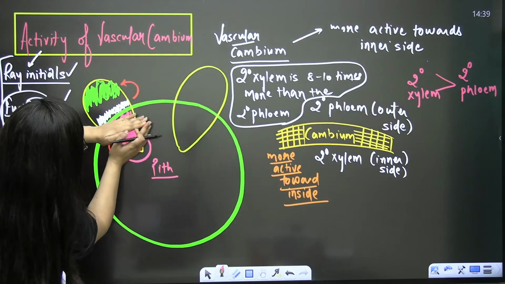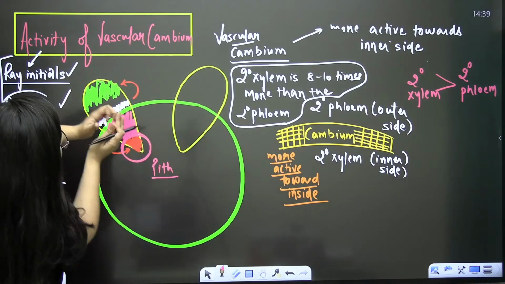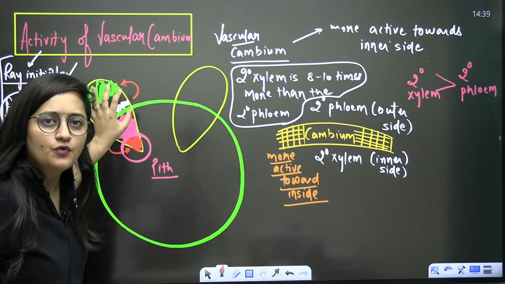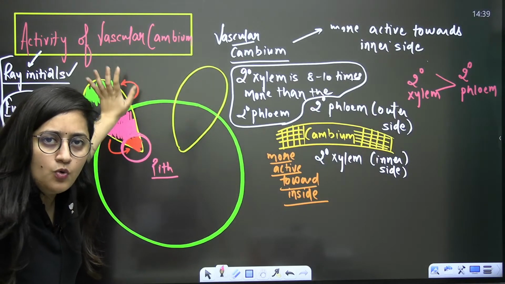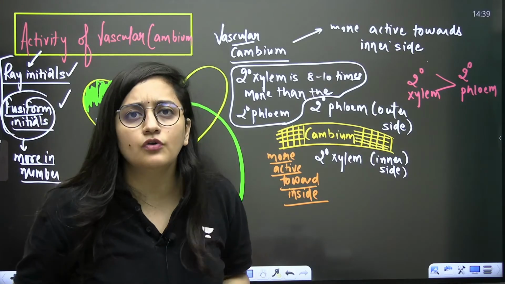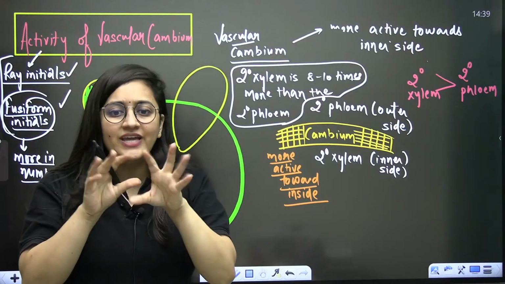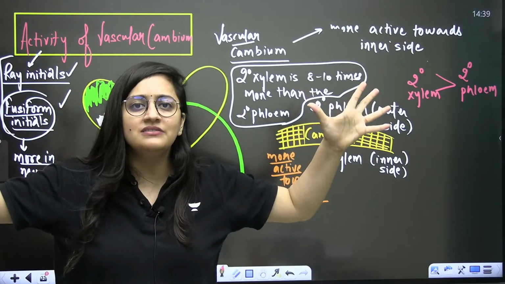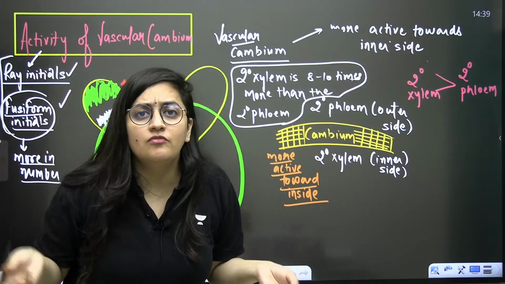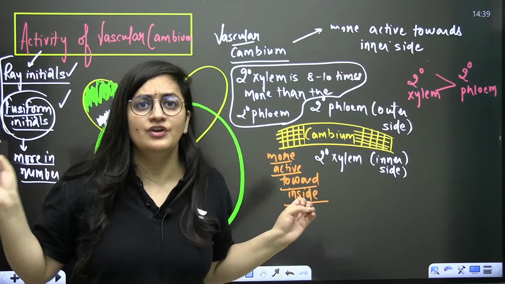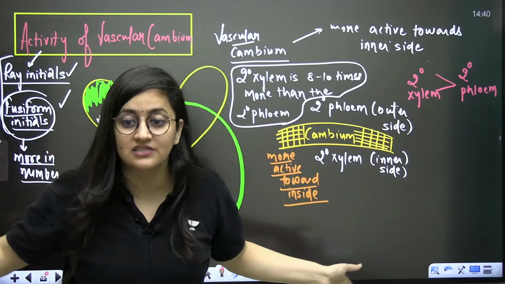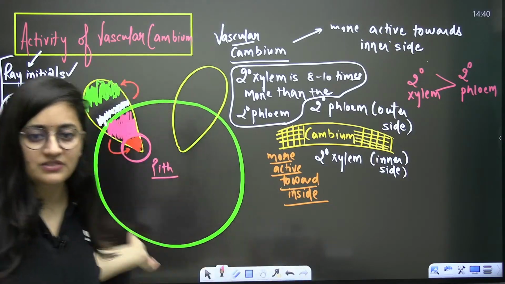Now, obviously, towards the inner side, you are increasing the cell number. Even it is going to exert a pressure over the old formed secondary phloem and primary phloem. Think about it. Suppose in a balloon, you are blowing air; there comes a time when it will burst. Or take an animal cell, which is without a cell wall. You put it in a hypotonic solution, water keeps moving in, and there comes a time when it will burst. Same as the case here.